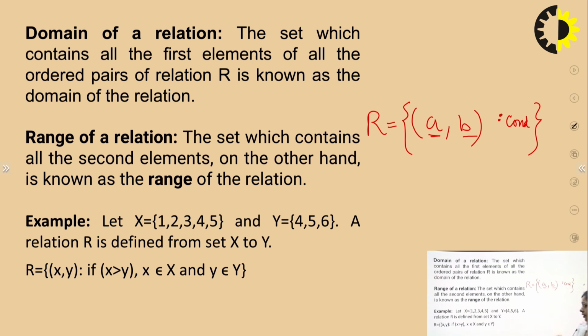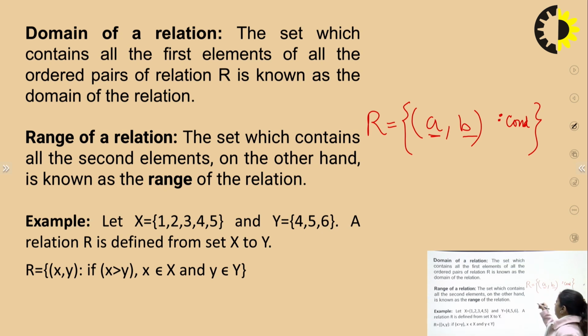Now let's see here. I have 1, 2, 3, 4 and 5 in my set X and 4, 5, 6 in my set Y. So if I try to find out the Cartesian product which contains all the ordered pairs, I can list down all the ordered pairs, that is (1, 4), (1, 5), (1, 6), and same way I can list down for all the remaining elements in X with Y. But actually the relation will not contain everything. It will contain only those pairs where X will be greater than Y.